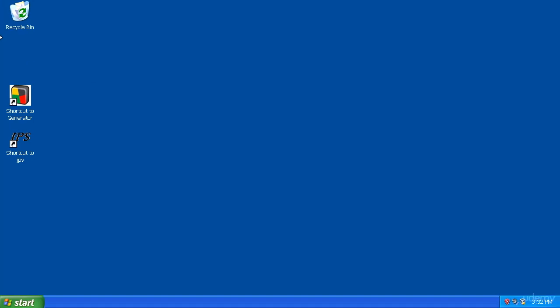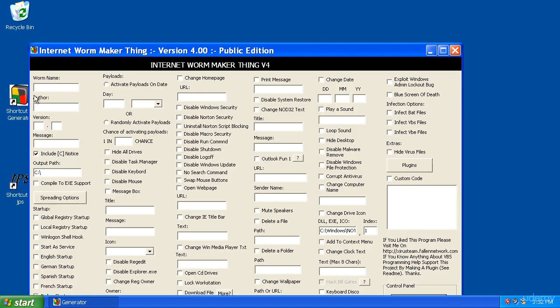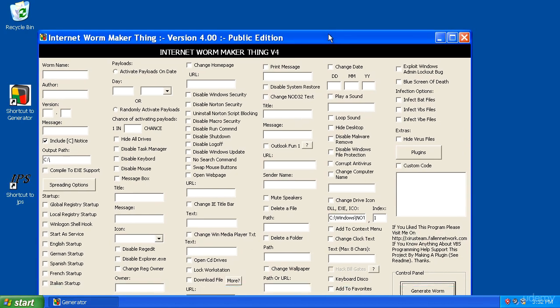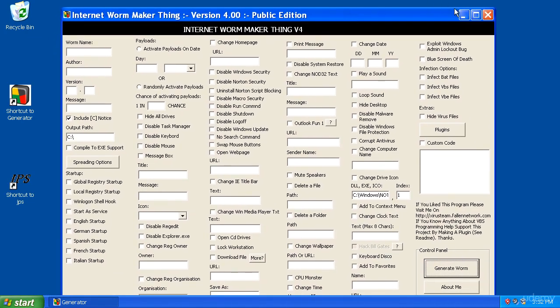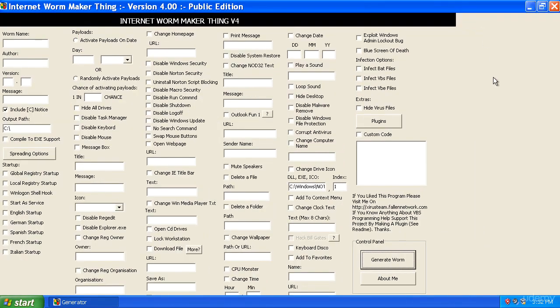Now this program is called the Internet Worm Maker Thing. And it's a little bit different than the social media worm because this is intended to spread really through any vector. And this tool actually gives you some more options in terms of the executable itself and how we configure it. So we can give the worm a name, call it wasworm,